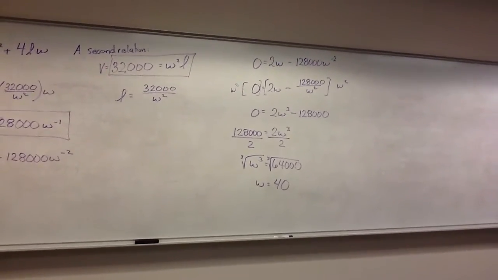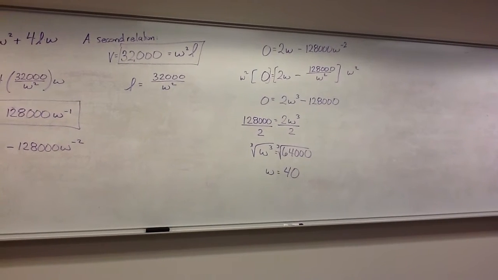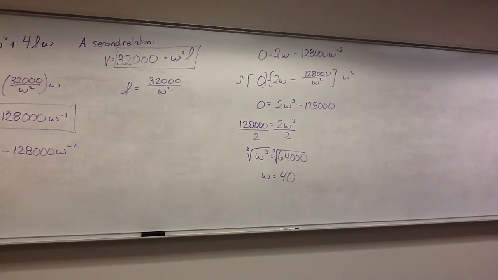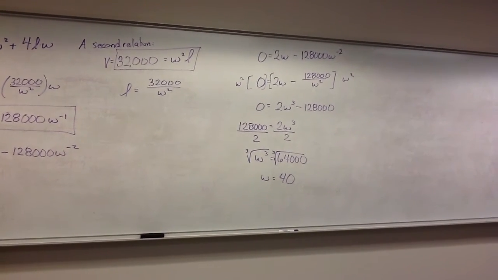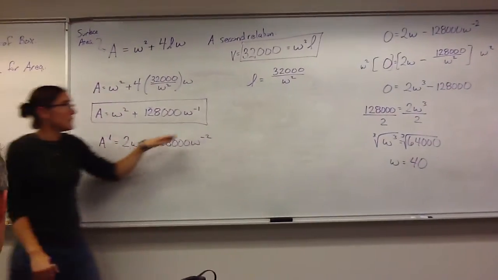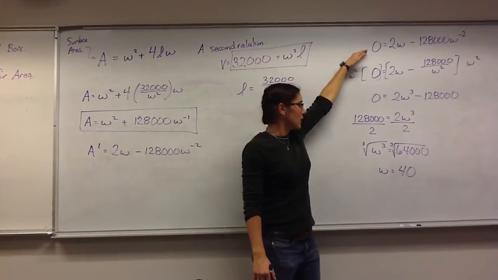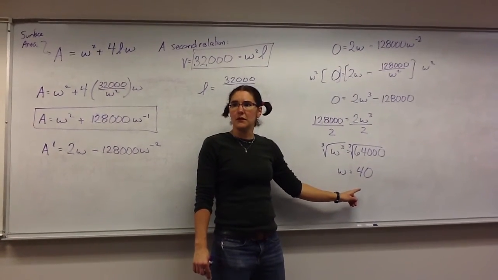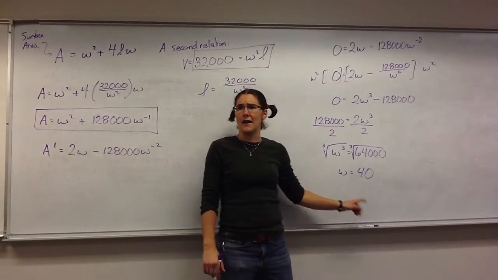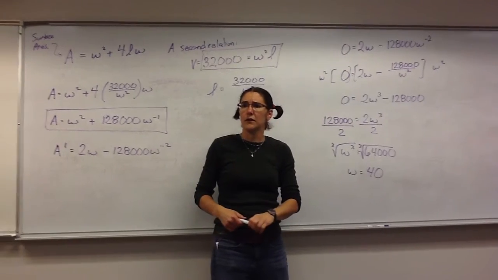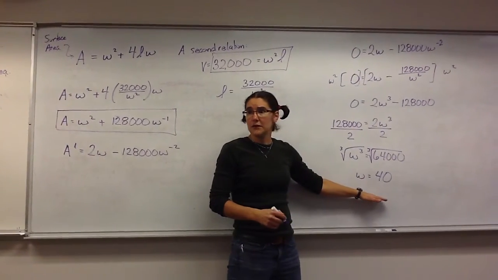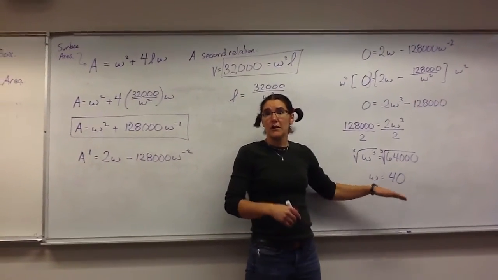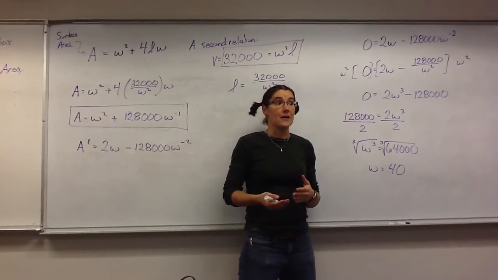Okay, so a few things that we need to do with this. We have found our formula for surface area. We've taken the derivative, set that derivative equal to 0, and solved for W. So this value of W gives us a flat spot on the graph. Jennifer? Never mind, you answered it. Okay. So this value of W is a place where the area function is flat, where the derivative is equal